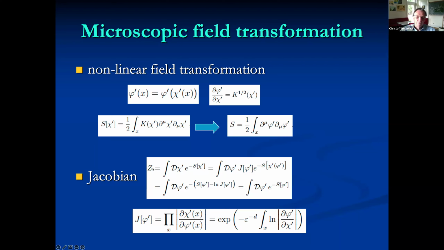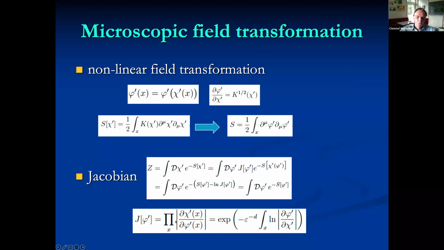Because if you look at the partition function, d chi prime e to the power minus S, when you write it as a functional integral over phi prime, it gets a Jacobian g of phi prime. And now you have the e to the power minus S, that's the same, you just insert your field transformation chi prime or phi prime. So this part here gives this free theory. But the Jacobian gives you an additional piece to your classical action. You just subtract from the classical action the log of the Jacobian, and you get a new action. Now this new action is not a free theory anymore.